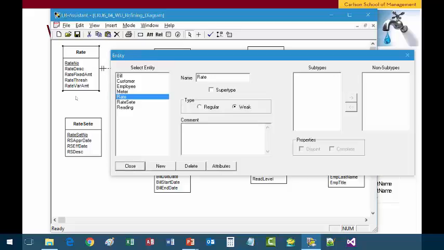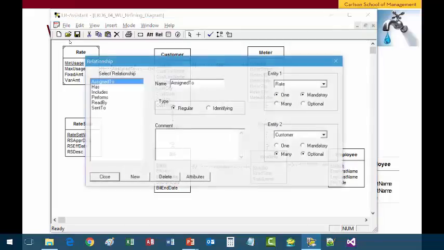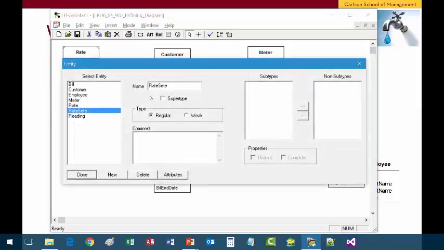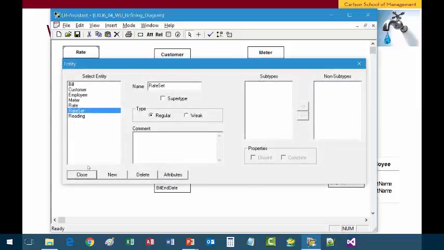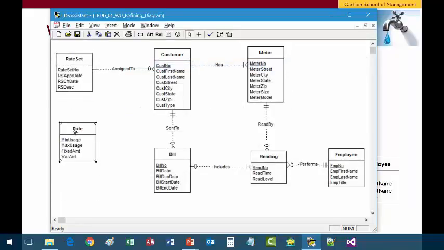And then close it. Now we're going to swap the rate and the rate set entities, and add the new identifying relationship in a minute. But first, we're going to double click on the assigned to, and we're going to change the first entity from rate to rate set. Okay, I have to rename that. Close. All right, and then I'm going to swap the two as I just indicated, and then we're going to create a new